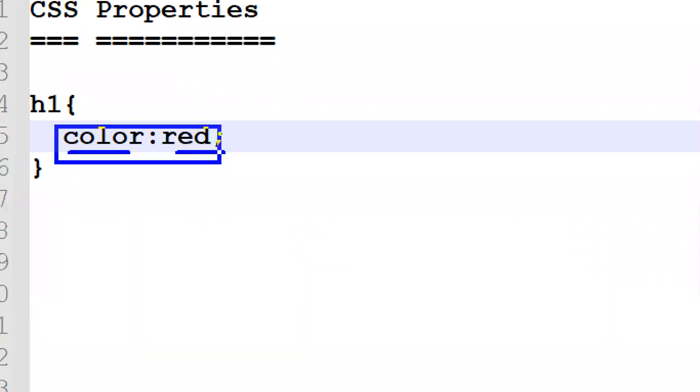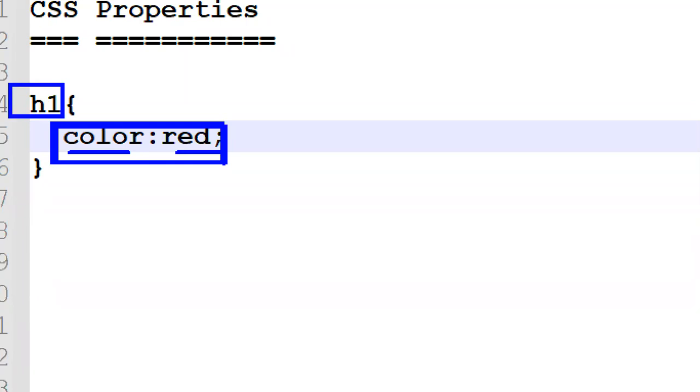Both together we technically call a declaration. If you don't remember the declaration name, no problem: CSS property name and value, consider them a pair. Simply, we can call them CSS properties.